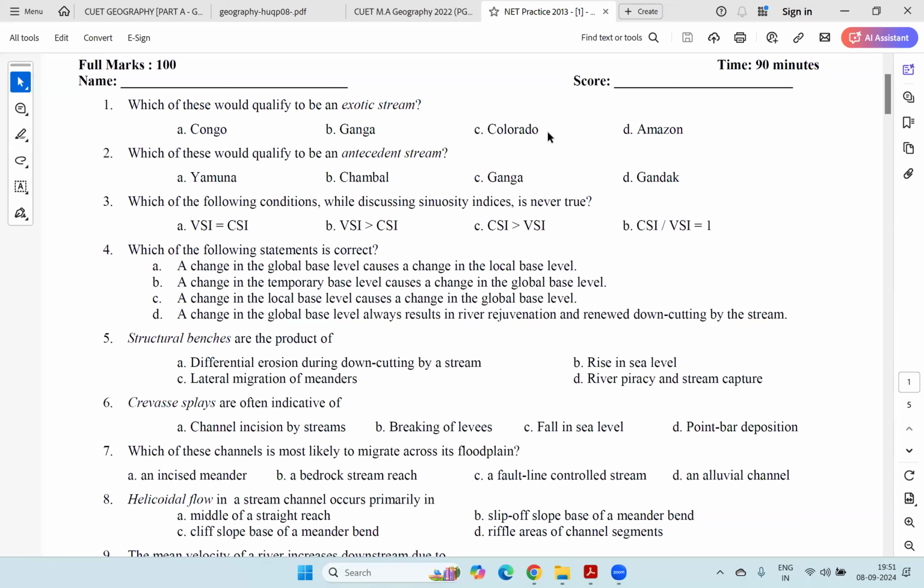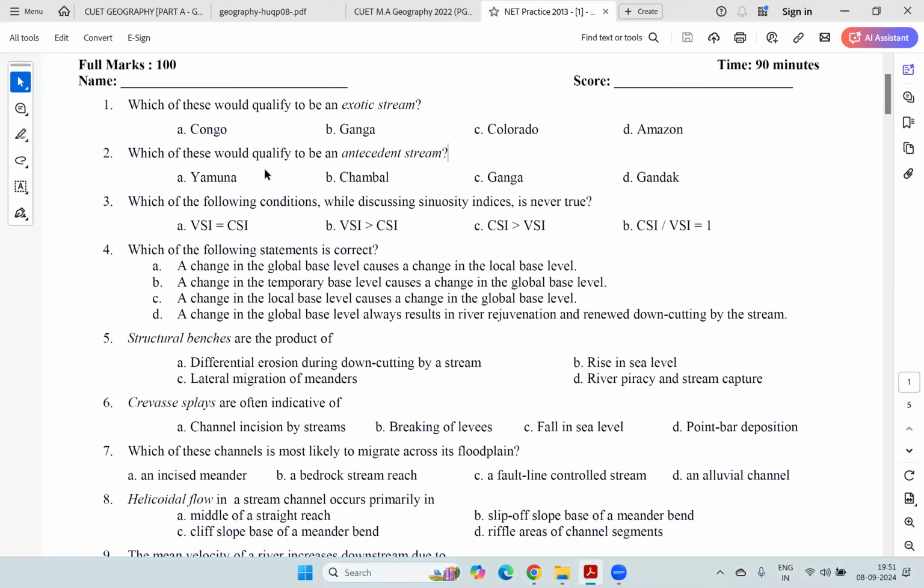Because see, the Indus goes through Pakistan, but it does not really have any large tributaries in Pakistan. It gets its entire water from the high Himalayas. The Nile goes through Egypt, which is extremely dry, and it receives no tributaries, but it continues to flow. That is because it gets so much water from its upstream area, where the Ethiopian highlands are, where Lake Victoria is, right? So that is what we call an exotic river.